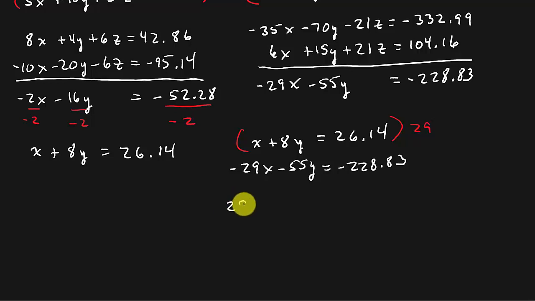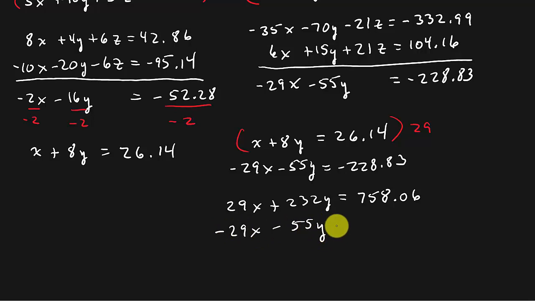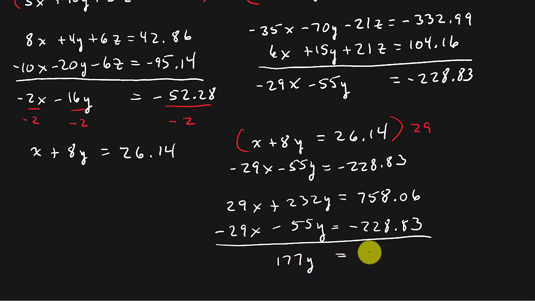And so that is going to give me 29x plus, and then 8 times 29, that's going to be 232y equals, and then 26.14 times 29, that is 758.06. And then I've got -29x minus 55y equals -228.83. And then we add, well, the x's go out, and I'm left with 177y equals, and that's going to be